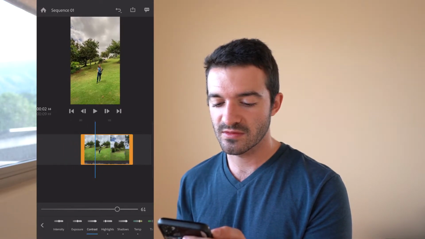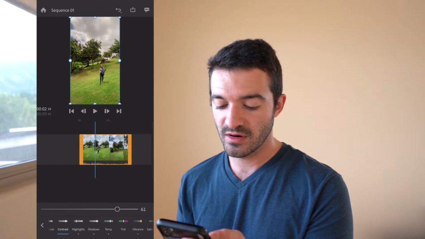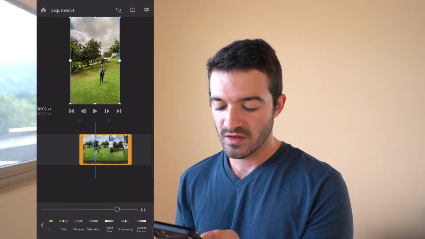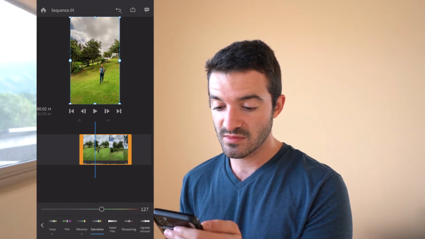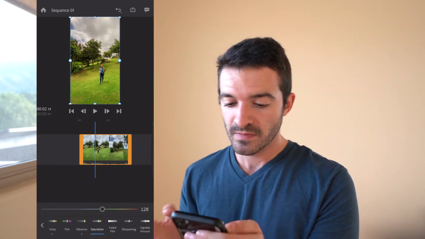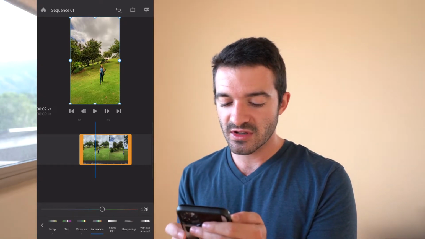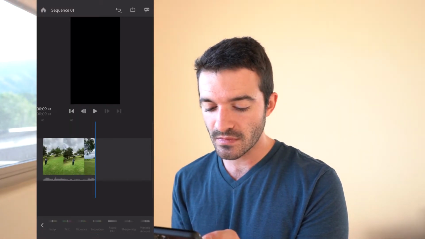So you can scrub through and see that it's a little bit warmer than our previous part, but then you can even have a faded film look. You can have your saturation bump up a little bit, so it is a little bit warmer than what we had previous. So then I like to scrub through. Let's say you scrub through and you find that